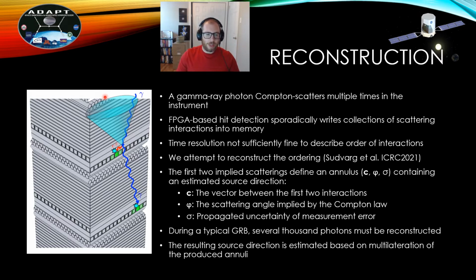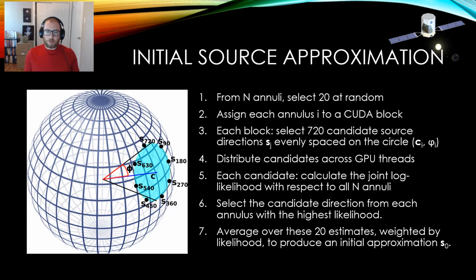Now, additionally, we have a value sigma, which is the propagated uncertainty of measurement error. And sigma smears this cone out in space, essentially creating an annulus with some uncertainty upon which that initial source direction must lie. Now, during a typical GRB, several thousand photons must be reconstructed, and the resulting source direction of the GRB can be estimated based on multilateration of the produced annuli. So to perform this multilateration, first, we try to guess an initial approximate source direction based on a coarse-grained approximation